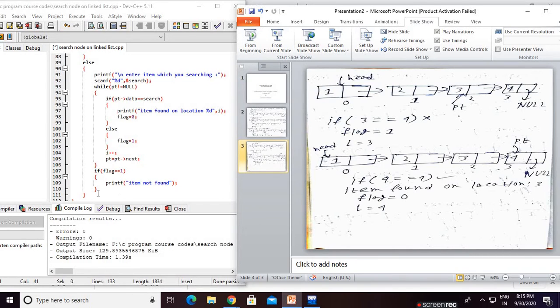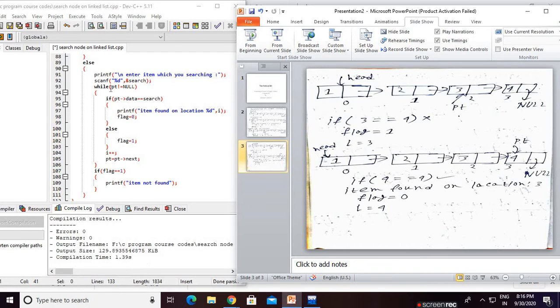Then escape from if. Then if you go again, PT not equals to null. Yes, PT arrow data. Okay. So our work is over. Okay. So escape from this if. Now come here. I plus plus. What is the I value before? I was 3. Now I plus plus. That means I is incremented. I becomes 4 now. PT equals to PT arrow next. Pointing to the next. That means in simple way there is no node, it is pointing to null. PT becomes pointing to null.